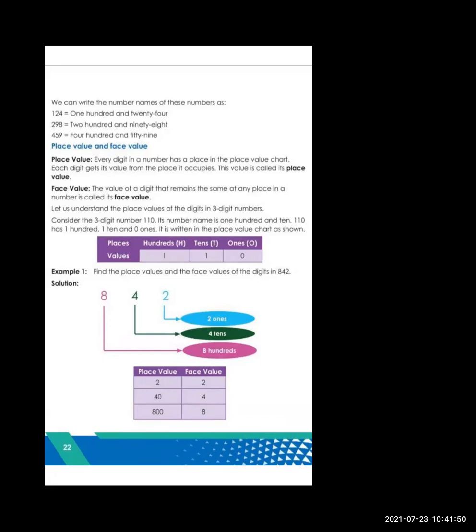So in second standard, we are going to see 3-digit numbers. In those 3-digit numbers, we are going to see the place value and the face value of the number. That is hundreds, tens and ones. In that, we will see what is the place value of the exact number and what is the face value. Face value means what we see in front of us, that is the face value. And place value is what its exact place is. That is the place value. You can see it on your screen.